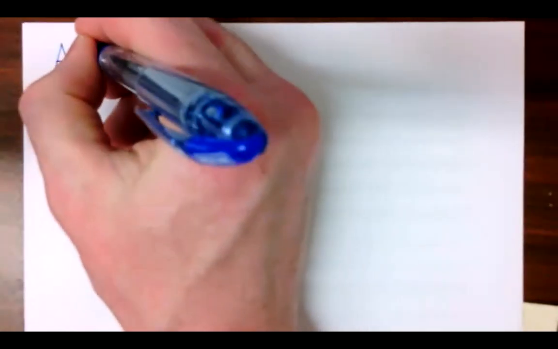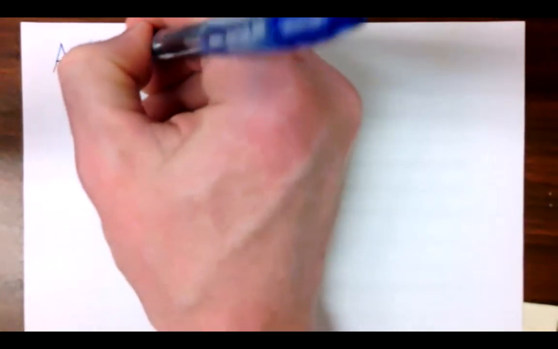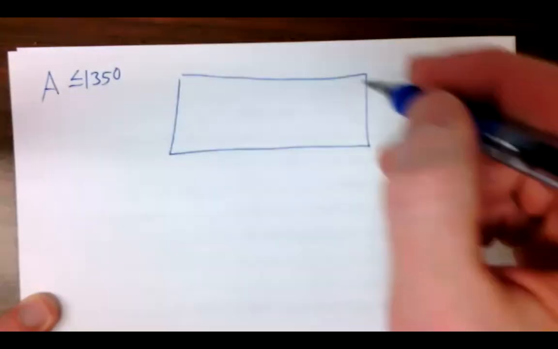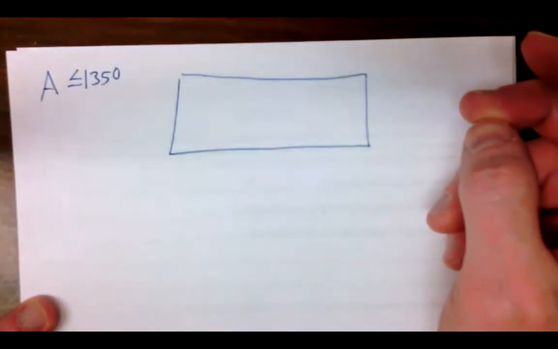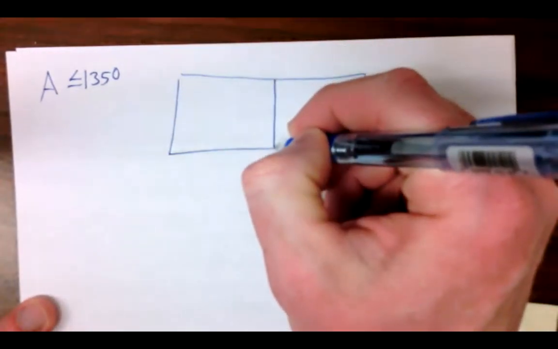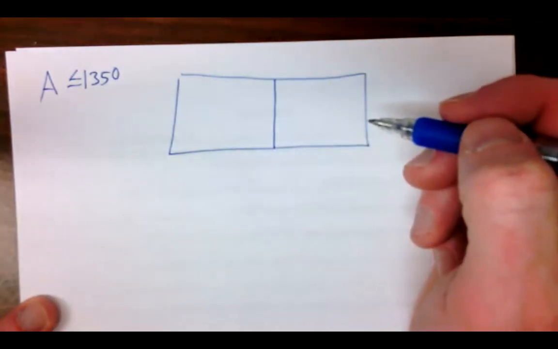A rectangular piece of land has at most an area of 1350. So the area is less than or equal to 1350. That's what we're being told. The piece of land is to be subdivided and enclosed with 180 meters of fencing as shown. What are the dimensions of the piece of land? So 180. And so what I'm assuming,